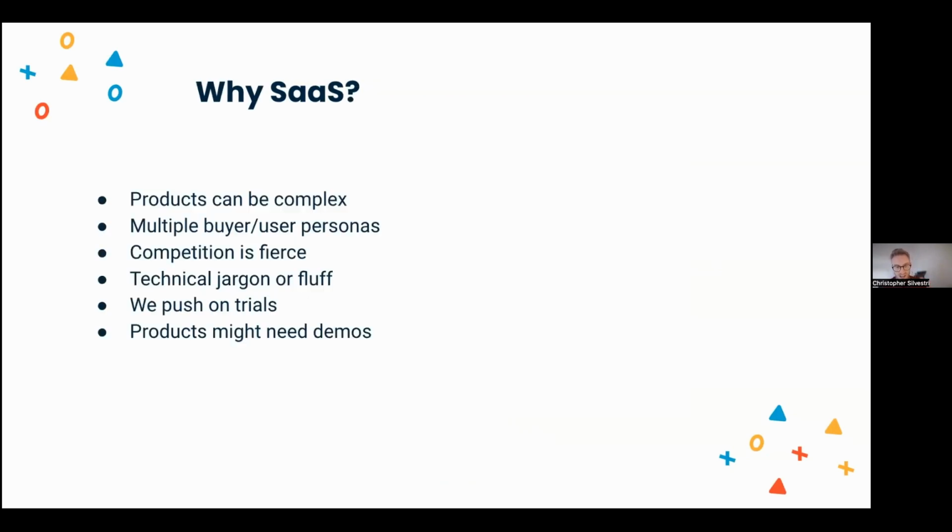So why for SaaS specifically? A few ideas: products are complex, so it's quite hard for people to understand, especially B2B products. There are multiple buyer and user personas involved, so it's tough to speak to everyone well on the homepage. Competition is fiercer and fiercer. A lot of products bubble up every day, and every single product uses the same messaging, promises the same benefits, and includes the same features,